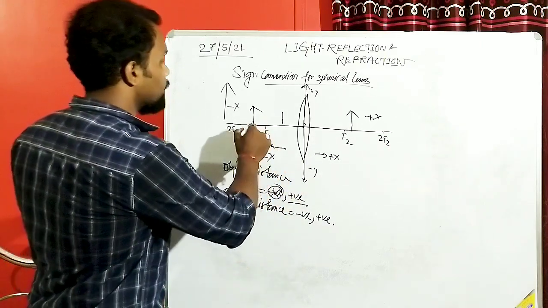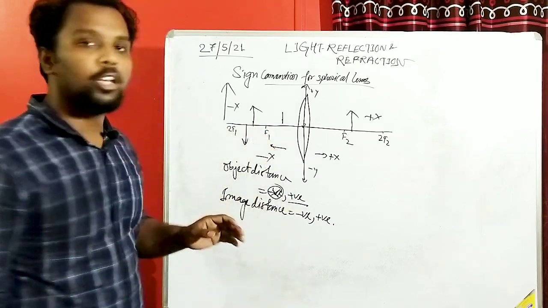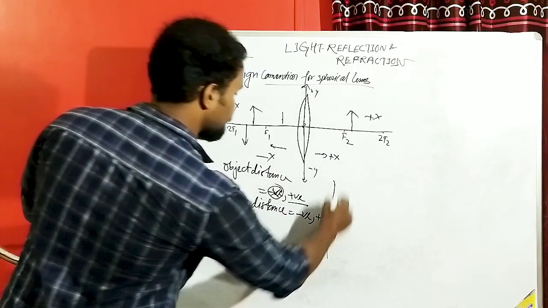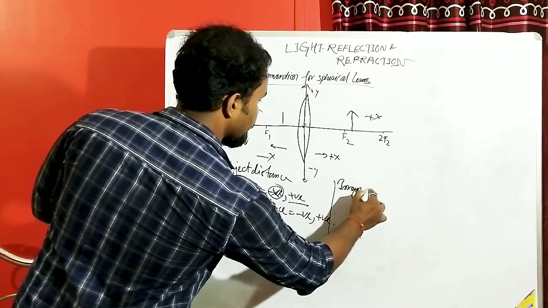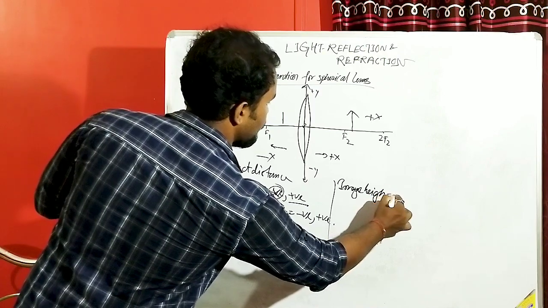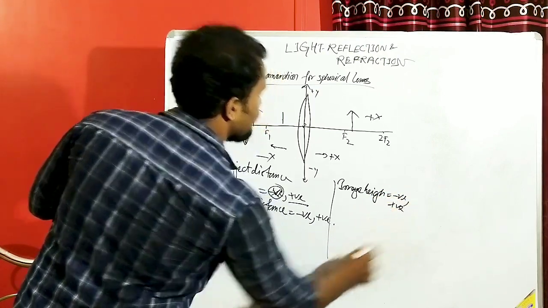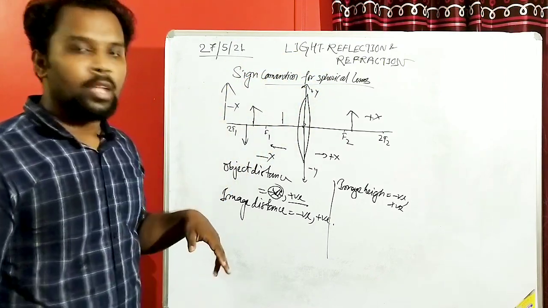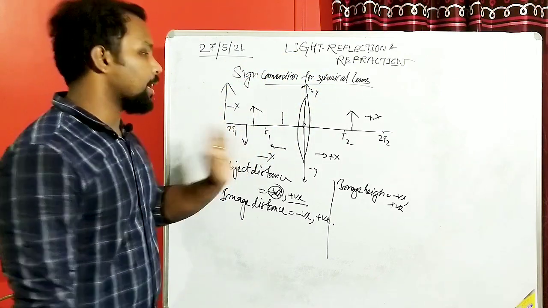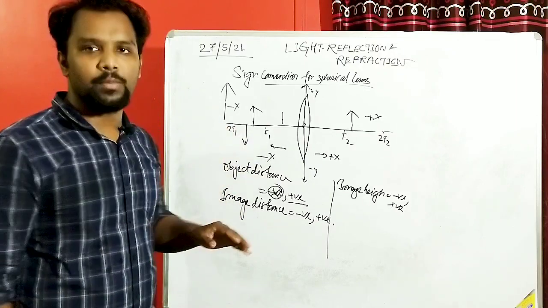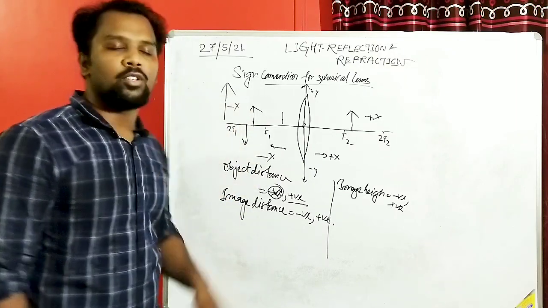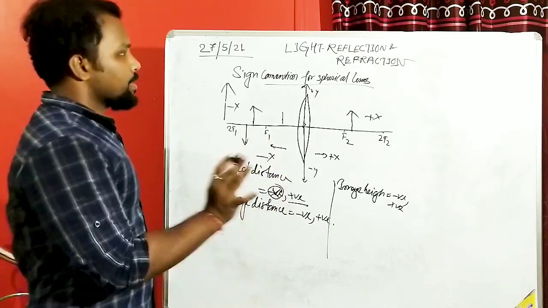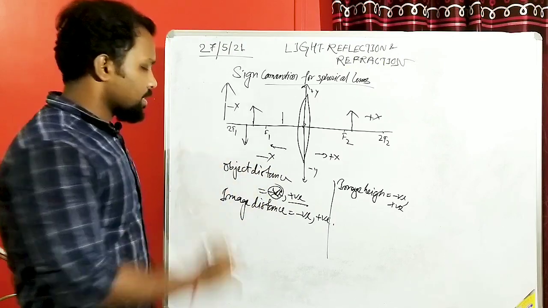Now, if the image forms like that in the case of convex lenses, the image height can be both positive and negative. So what can I write? Image height can be both negative and positive. If the image forms on the upside of the y-axis, it is going to be positive like this one. In other cases, the image height is negative. But object height is always positive because we always consider the object in the upside direction of the y-axis. So this is the fact about image height, object distance and image distance.